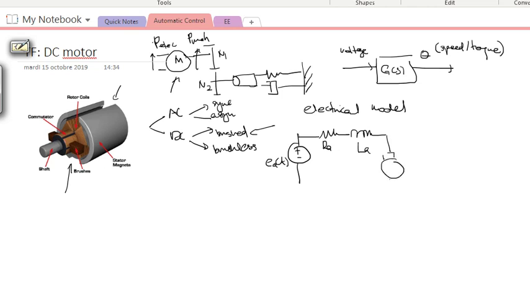it rotates, so this is the rotor, right? When it rotates, it creates what we call back EMF. The EMF is a certain voltage that's countering the direction of our supply voltage. So back EMF, let's say I'm going to call it UBT. So there are three components: the power supply, the resistance, the inductance, and the back EMF. Right? And this is the electrical part.